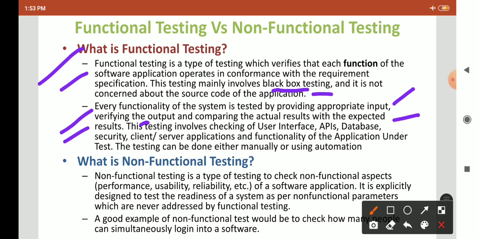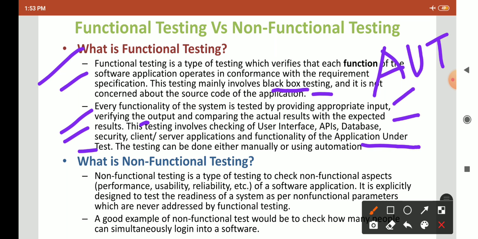In functionality testing you can check the user interface, API, database, client server application and functionality of the application under test. Application under test is called AUT in companies. It means whatever software you are creating is the AUT.